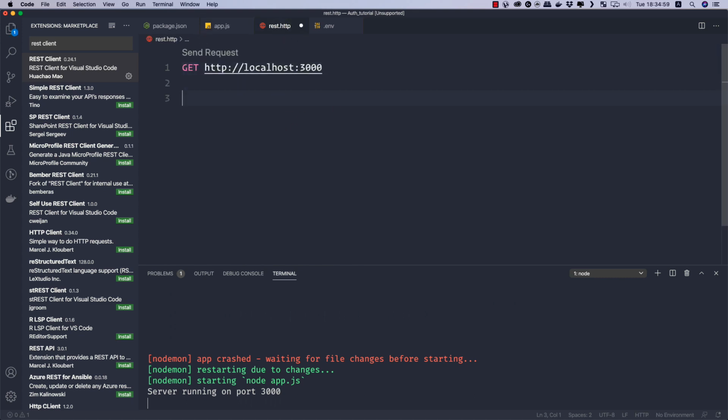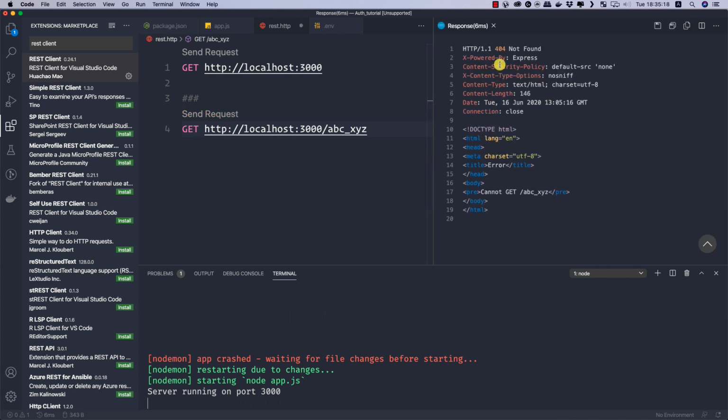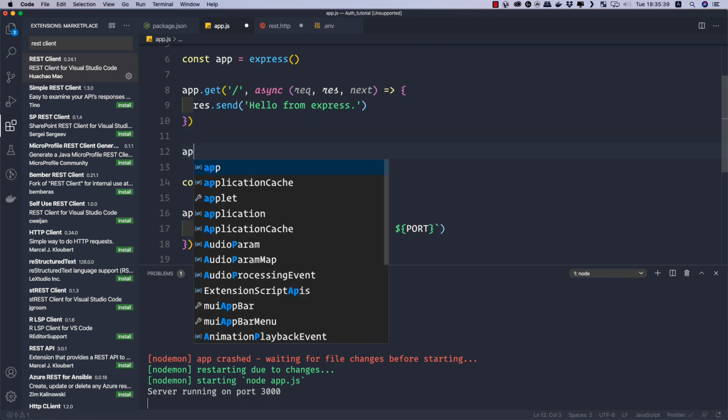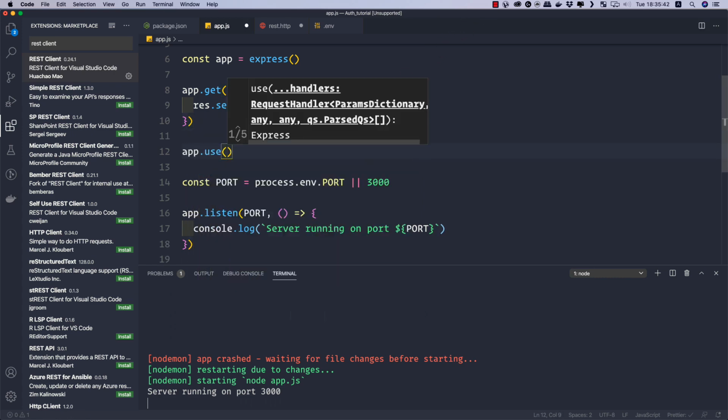So currently what we see is that if we go to some route that doesn't exist, so let me go to some route. So http://localhost:3000/ABC_XYZ, and this route doesn't exist in our API. So what we get back is a 404 HTTP error, which is the default error provided by Express. But here we want to send a JSON response back that the route is not found. So what do we do? Let's go to our app.js file, and here just before where we initialized our port, we'll do something that is app.use, and it's a catch-all route.